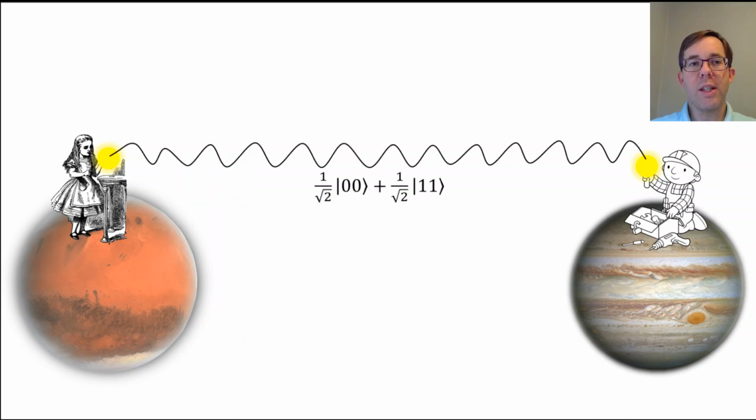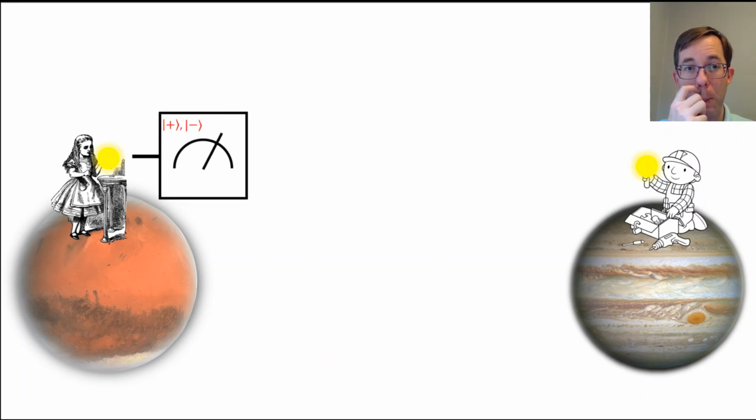Okay, so that was not terribly weird, but even weirder was when we noticed that this EPR pair state, 1 over root 2, 0, 0, plus 1 over root 2, 1, 1, was actually equal exactly to the state 1 over root 2 plus plus, plus 1 over root 2 minus minus. And there I'm referring to the tensor product of the plus state with itself and the tensor product of the minus state with itself. And as we saw in the previous lecture, what that means is